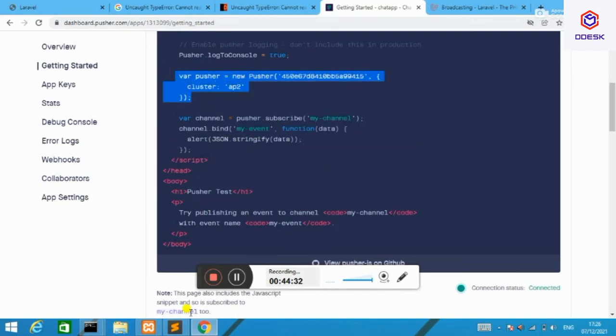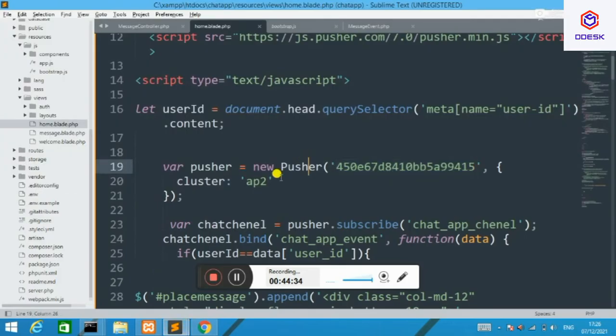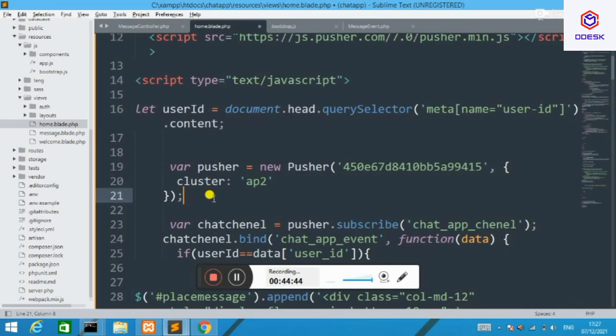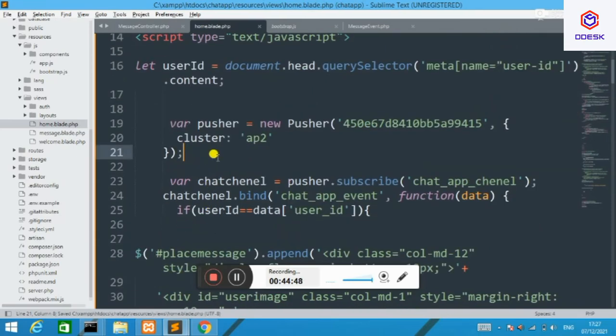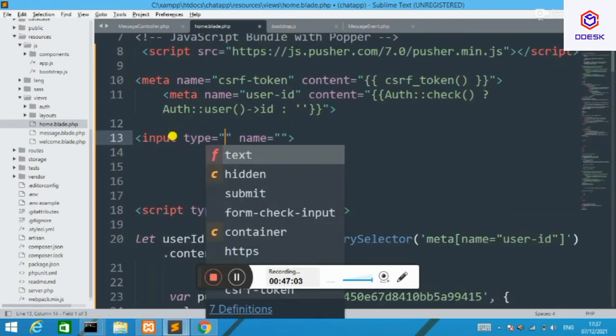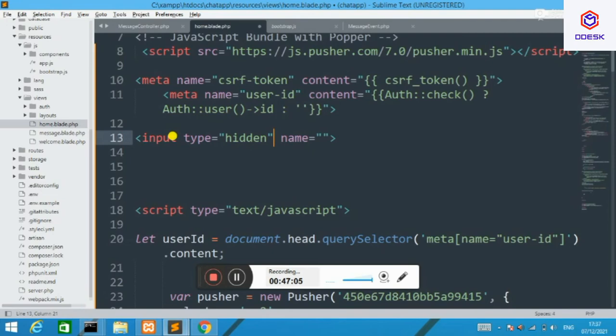I'll again update it, because this should be the ID of exactly the same application which you created at your Pusher, right? Because I copied that from the application which I created before, that's why I updated it. But you need to copy it from your server if you are using it for the first time.